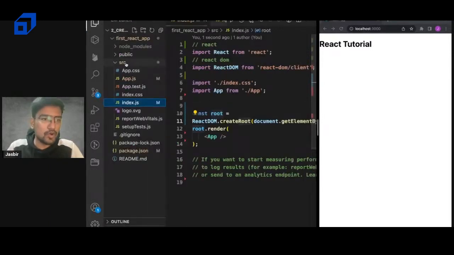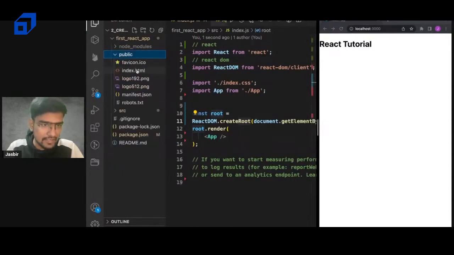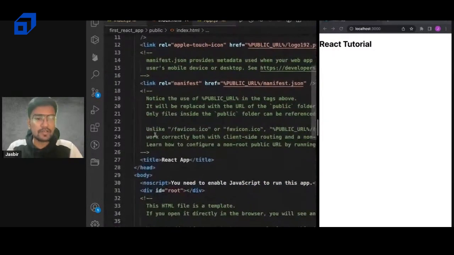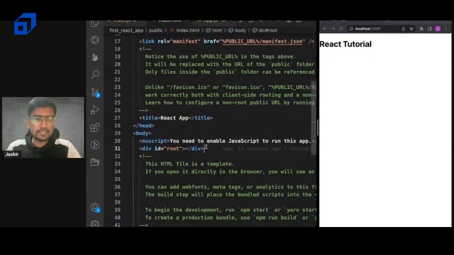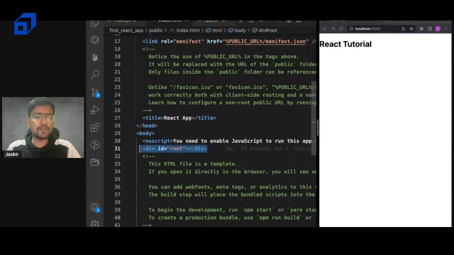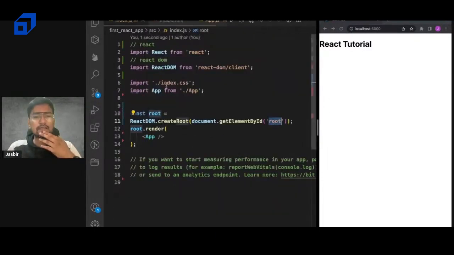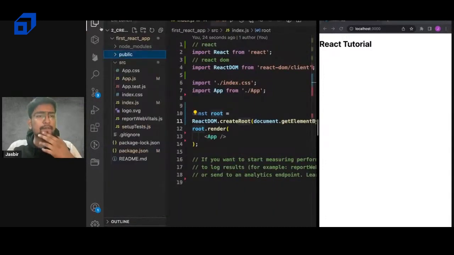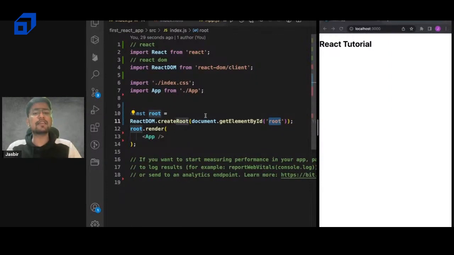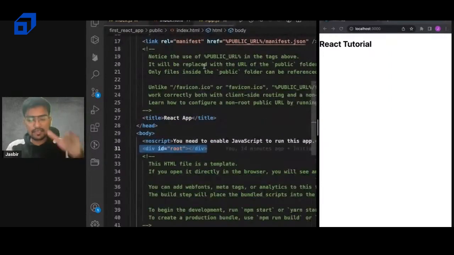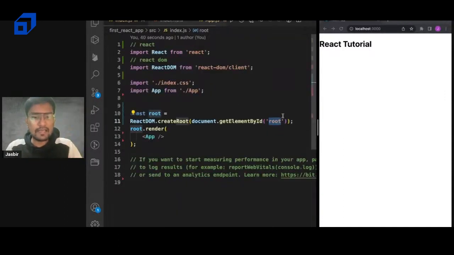For that, you have to go to your public folder, and inside it you have an index.html file, and inside this you just need to ignore everything. This is your div. So what happens when create-react-app starts? It just goes to your index.js file inside the src folder. Okay, and the next thing it does is render this HTML file, and inside this you have a div with id root. It takes that div and then puts